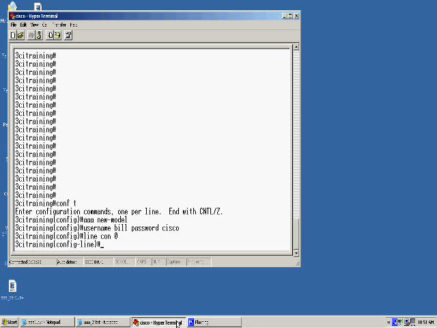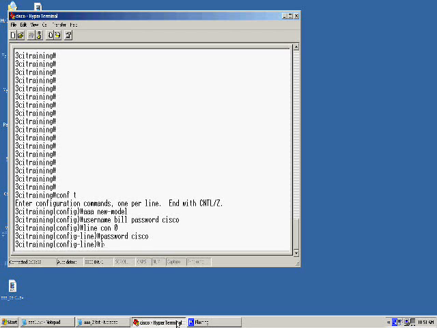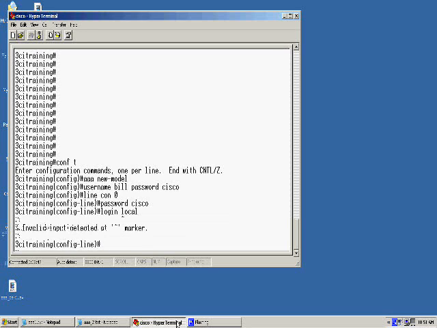So I'll do password Cisco, and then I'll invoke login local. What this command is doing is telling it to log in using the local user database. So I'll hit enter. It doesn't like this command, so let's see what I've done wrong here. Let's just use a question mark here. So I'll have to do an authentication